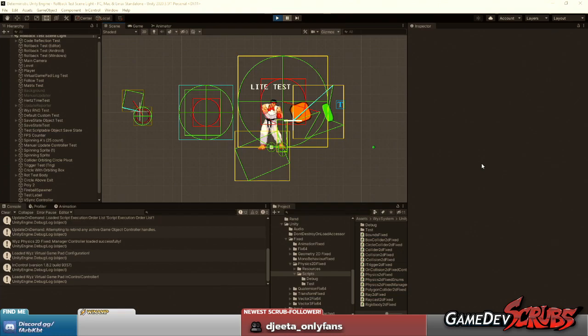And so how this applies to rollback specifically is that the only input for rollback netcode is the controller data. So whether I pressed a button or moved the joystick to a different position, that controller state is the only input that rollback needs to operate.